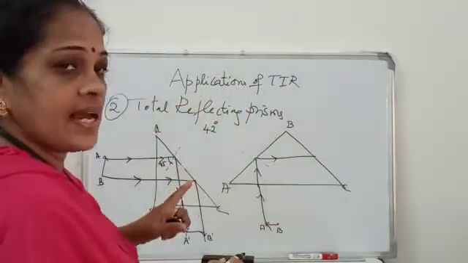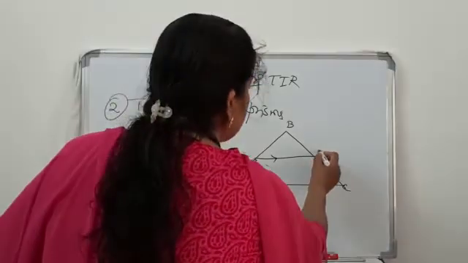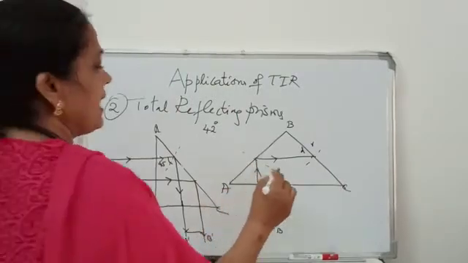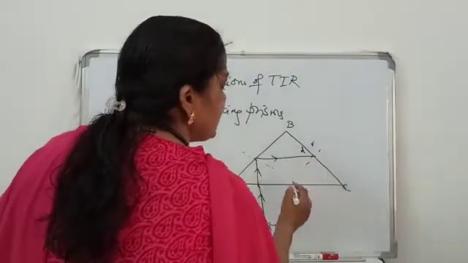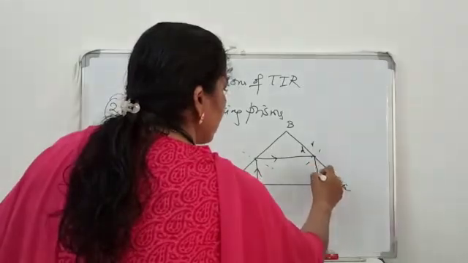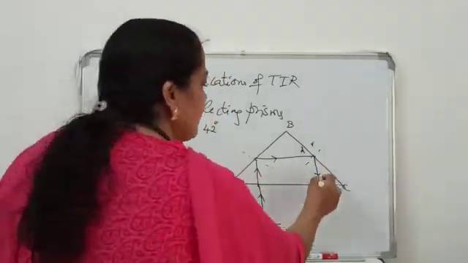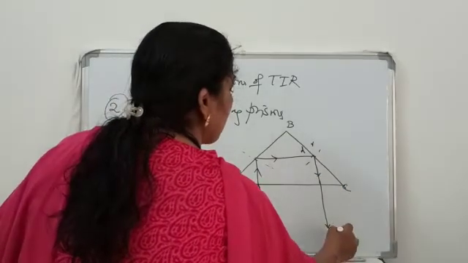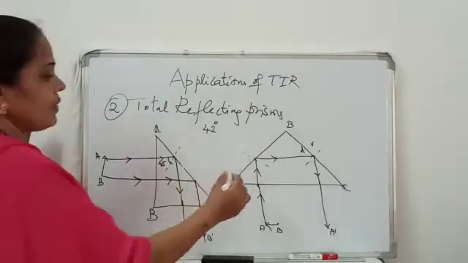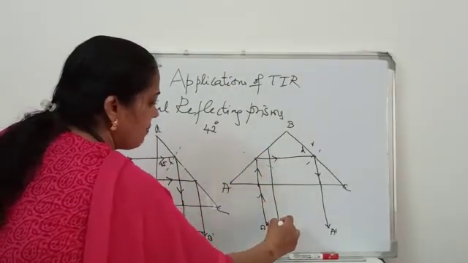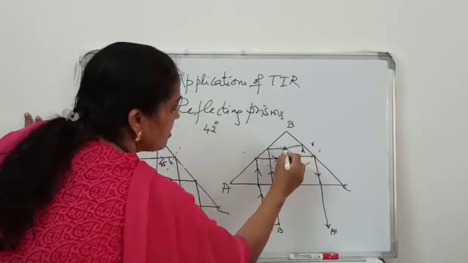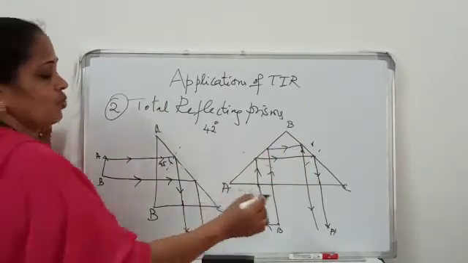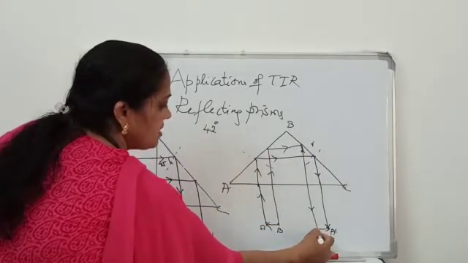So here it is deviated through 90. Once again it is incident on the denser, rarer interface. And so the light gets reflected because the angle of incidence is greater than the critical angle. So it has to come back. And then since it is normal to the surface, it goes straight without any deviation. Let me mark it as A dash. Now in a similar way, another ray of light from B gets totally reflected and is also turned through 90 plus 90, that is 180, and you see that the image is inverted.